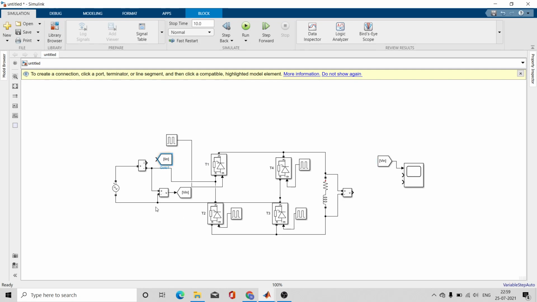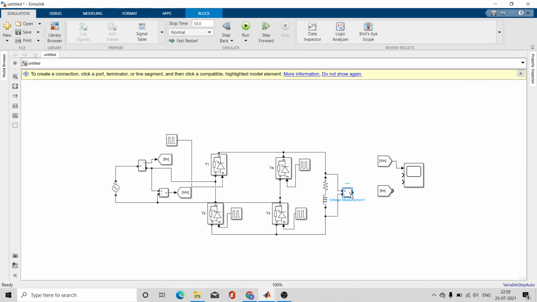Okay, and connect it and just click on it and you'll get this block, and you can check the input current. Just let me give this input current as third input to this. You can give it at any input port, it doesn't matter.